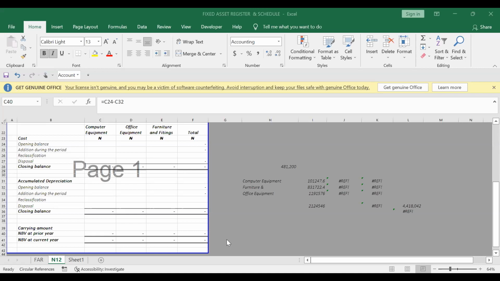Sir, please, can you take it again, please, sir? What do you say I should take again? The fixed asset register, this one. This is not the fixed asset register. The one I'm projecting now is the fixed asset schedule. This is a fixed asset register,